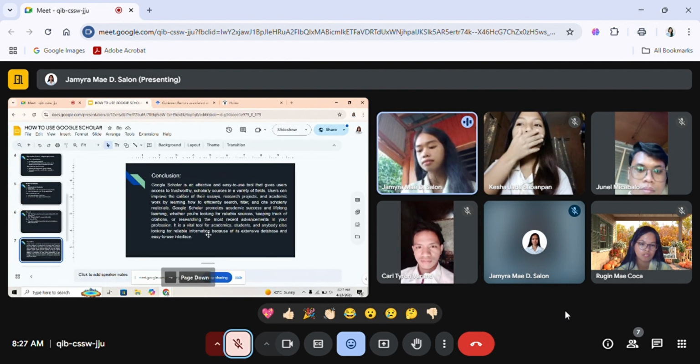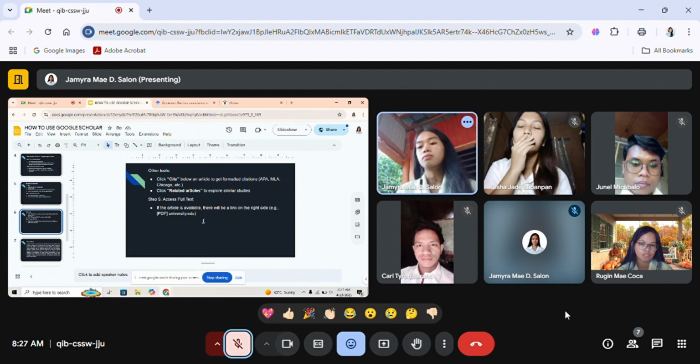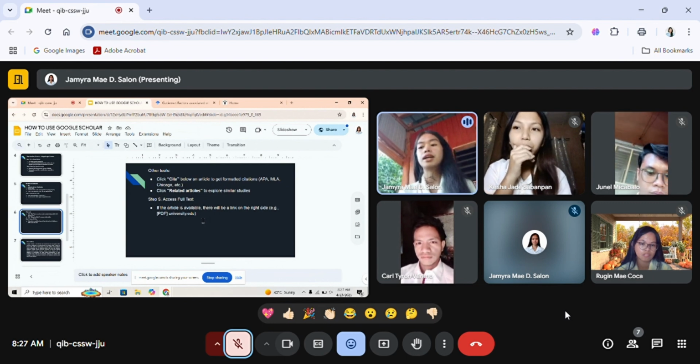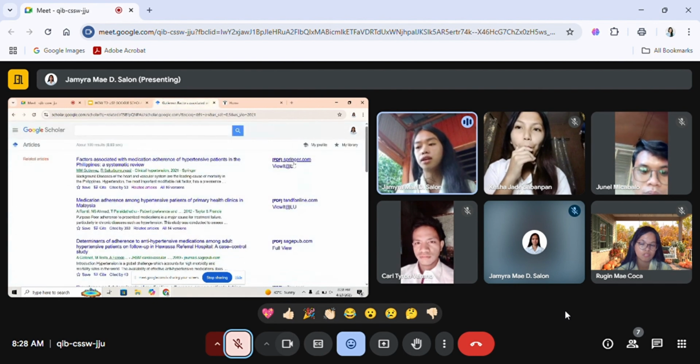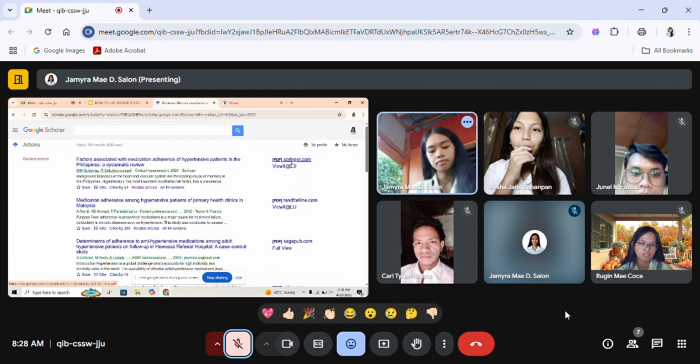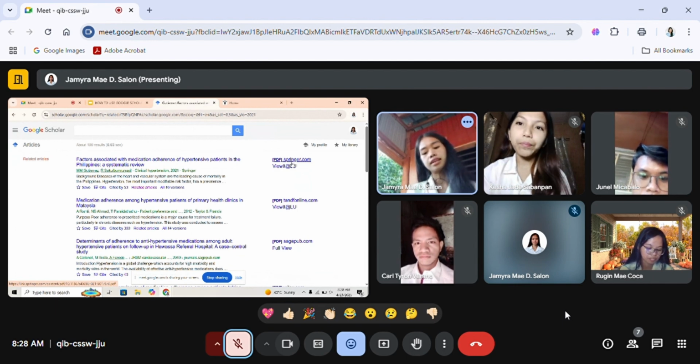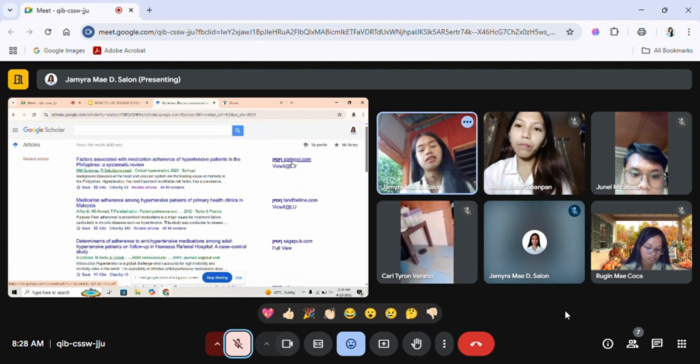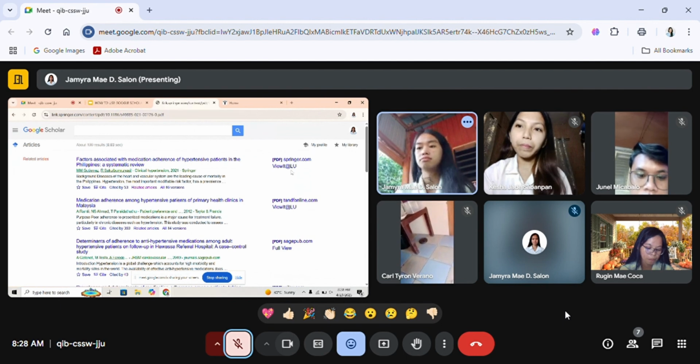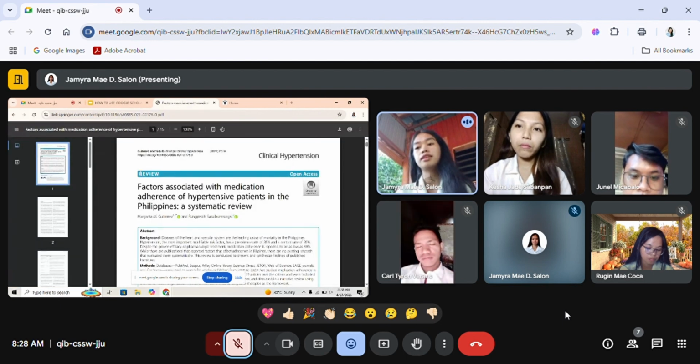And step 5, access full text. If the article is available, there will be a link on the right side. So this one. Then, click mo lang yung link para mabuksan o ma-download yung buong article. So you can also download this one.